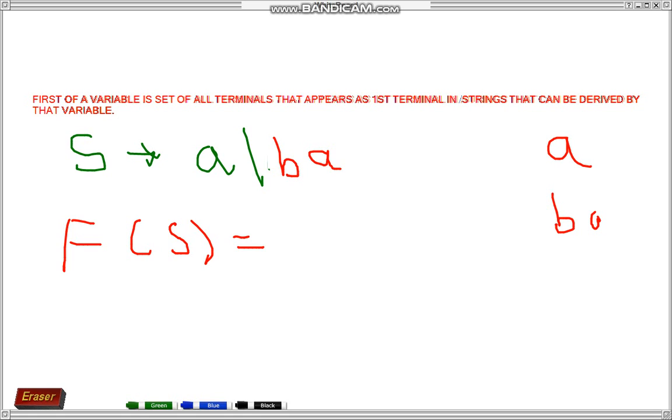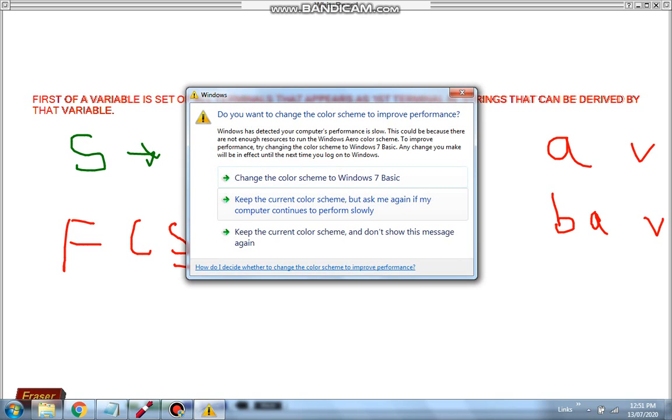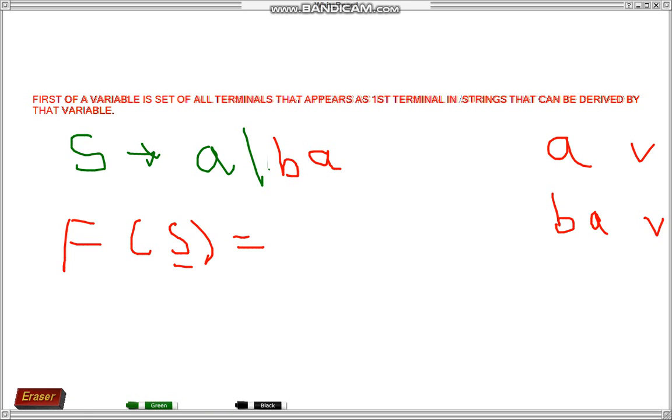In order to find first of S, you need to find all strings that can be derived by the S variable, and in all those strings you need to find the first terminal. Suppose this is string 1, this is string 2. In this string A itself is a first terminal, so it would be included in first of S. So write down A. The second string is BA.